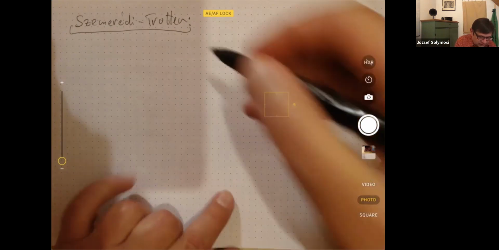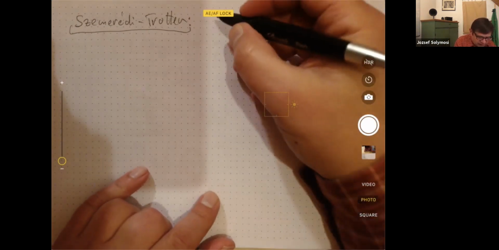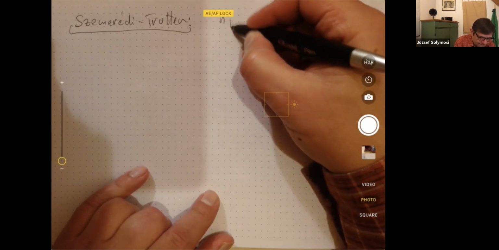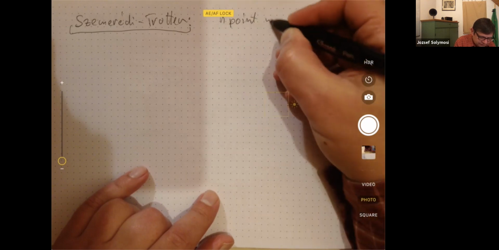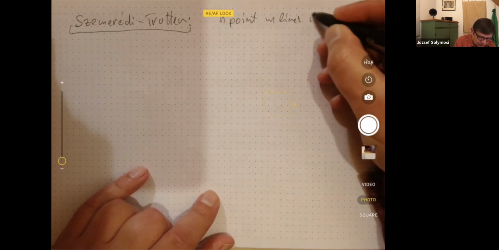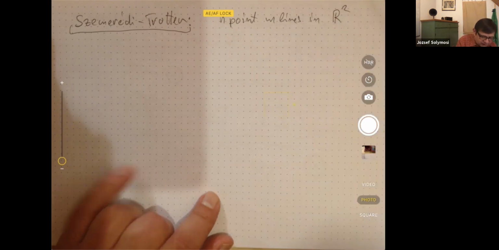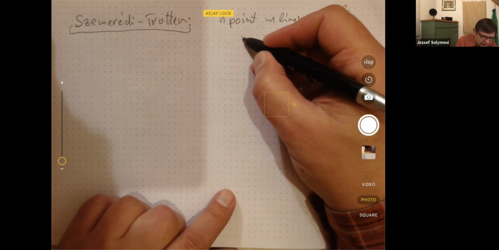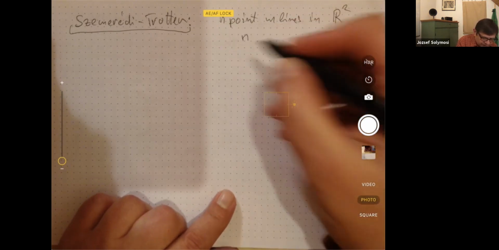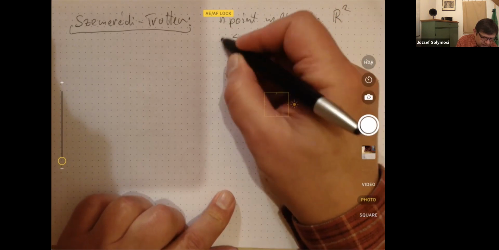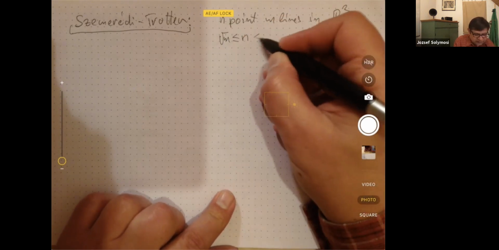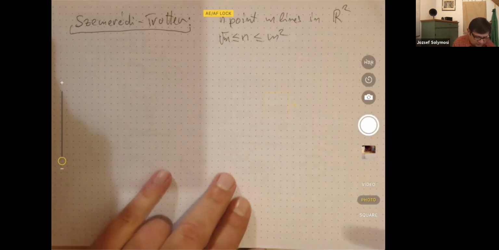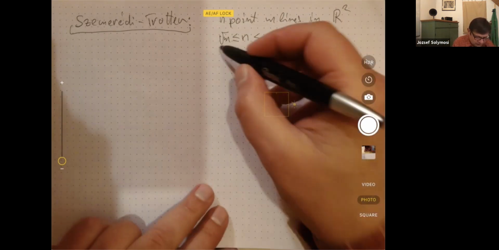So what is the statement? For the sake of simplicity, let us suppose that the numbers are nice. So we have n points and m lines in the plane in R², okay? And what I said that they are nice, that say n is between square root of m and m squared. Yeah, so they are not very far from each other. Otherwise, there would be an easier, a trivial bound. But let's say that they are in this range.